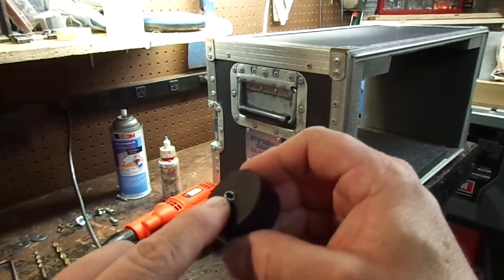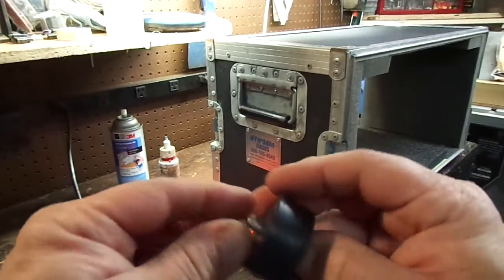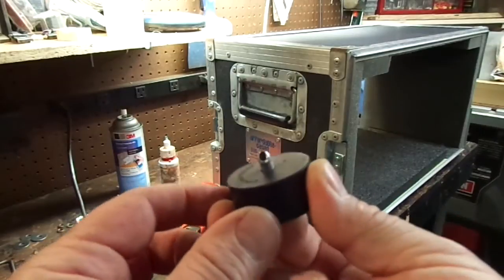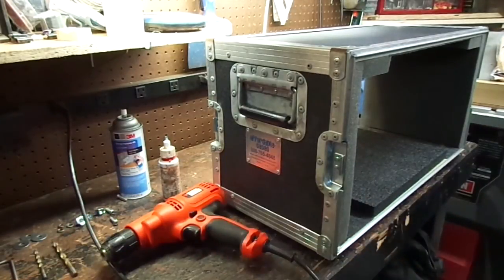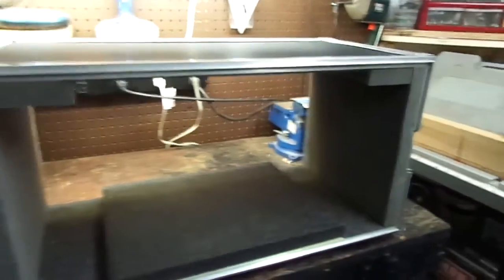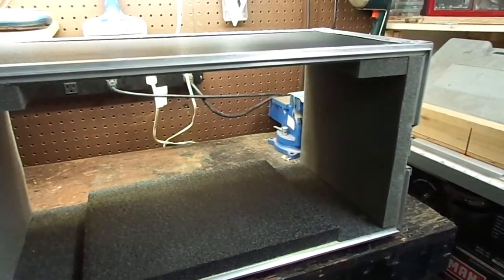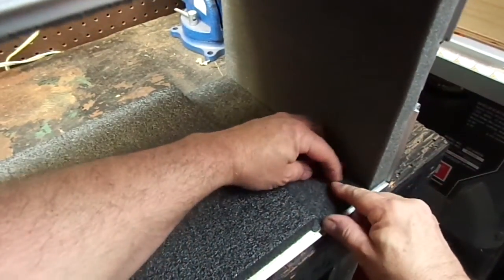This is the end of the pop rivet. So this one was actually put in maybe in a hurry in the production line, dropped the washer, missed the washer or whatever, but the washer didn't get put on this one. So that's why it pulled out. The rest of the feet stayed in, and what I found is, see if you can zoom in here. This one's the one that the foot came off of, and I peeled the